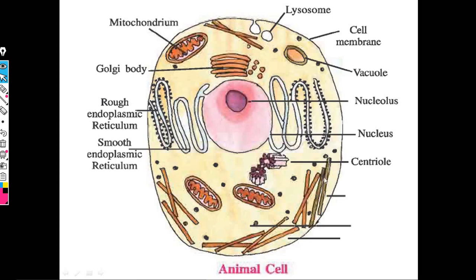Fine. This is a structure which is important for providing support to the cell. That's why it is a part of the cytoskeleton. Can you name it? Yes, it is microtubules. Okay, very good. Chalo, these are small structures. Smallest organelle of a cell. If someone asks for the smallest organelle of a cell, this will be the answer. Membraneless structure. Here centrioles are also membraneless structures. This organelle also is a membraneless structure.